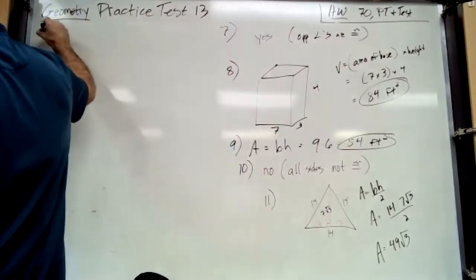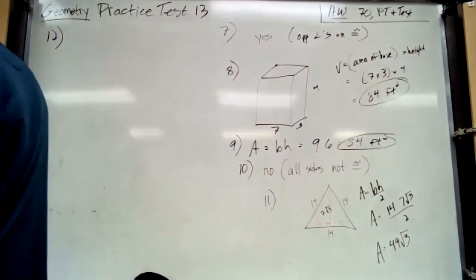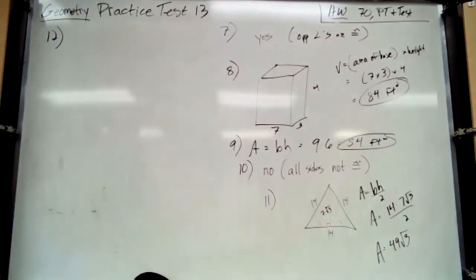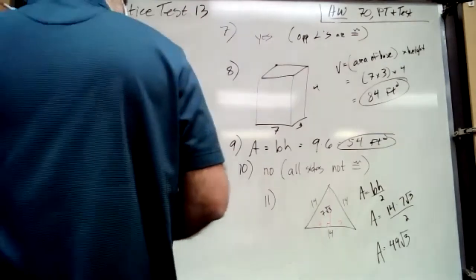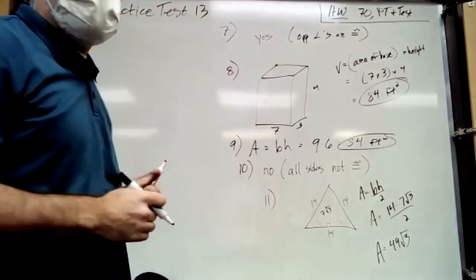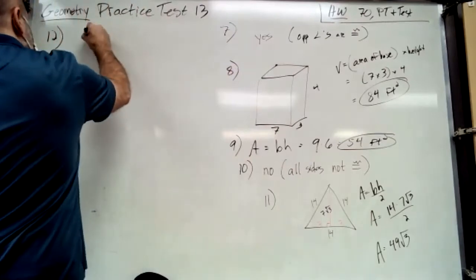Number 12. Find the line perpendicular to the given line and passing through the given point. Okay, everybody write this down. You can use this on the test. This is the point slope